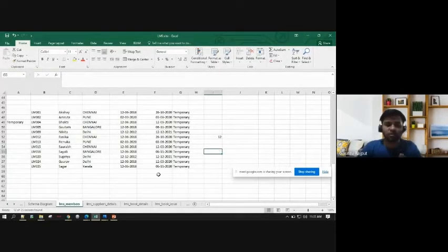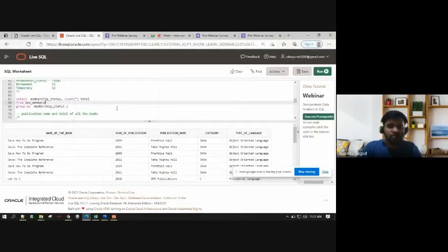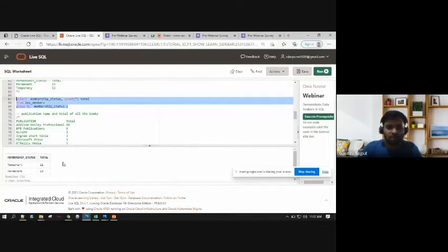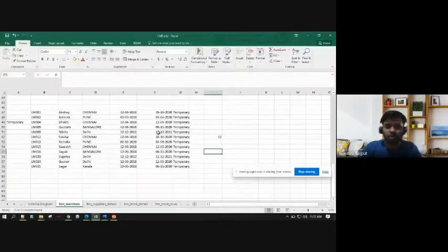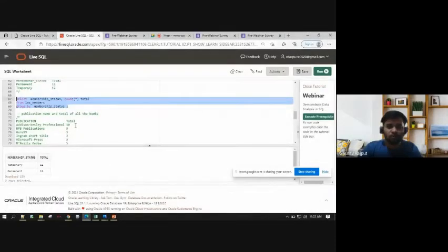That's how you visualize the problem, right? But if you want to write the query, you will write something like this. The source is members, because I have all the information about the status of the member in members. Group by membership status. Internally, it will find the distinct values in that membership status column. Then you said do a count star, so it will do a count and you will get output something like 12 and 13. That is what we did visually in Excel, so you got that same output. That's how you do a group by.